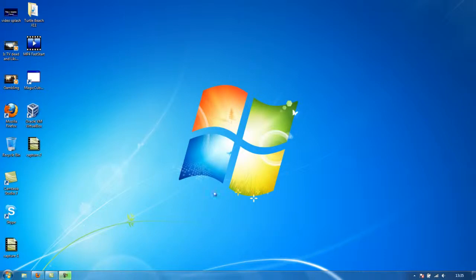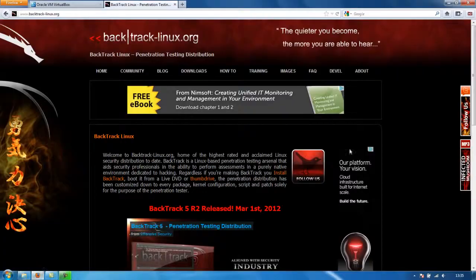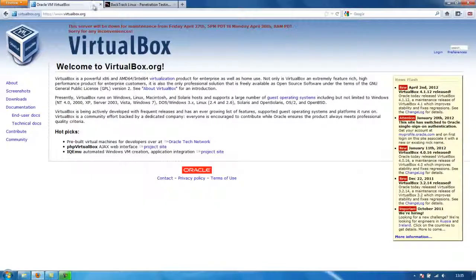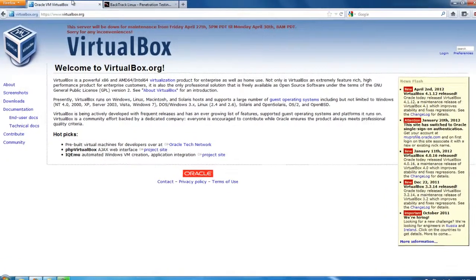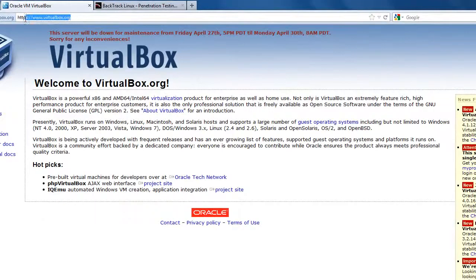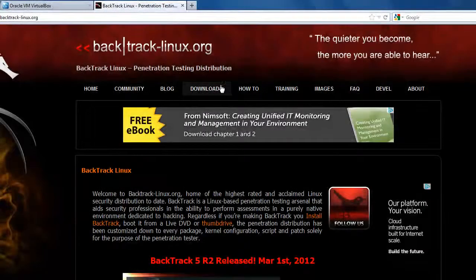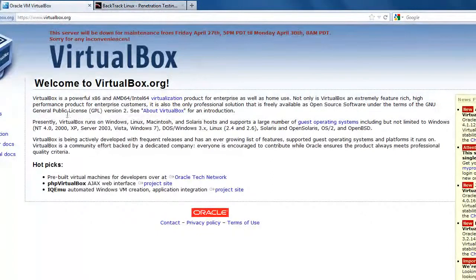So what you're going to do is fire up your web browser, hopefully it's not Internet Explorer, and you're going to go over to the two websites that are going to be in the description. The first one here is virtualbox.org. This is the hypervisor we're going to be using, so you can run virtual machines on your computer. And the next one is backtracklinux.org. So first off, we're going to go to virtualbox.org, go to downloads,